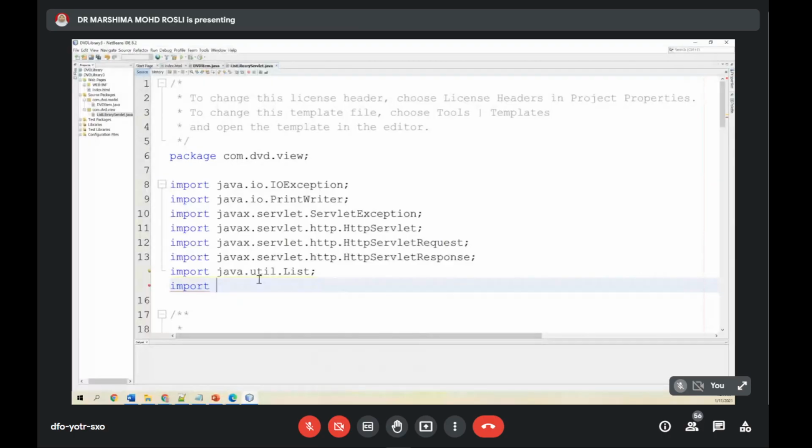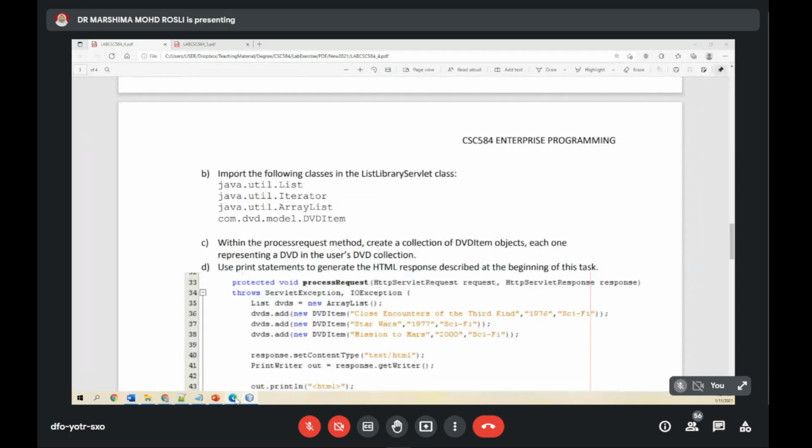Basically, you can have everything here. Import java.util.*. I think that is necessary. Okay, so it will cover List, Iterator, and ArrayList. Yeah. Okay, next you need to import